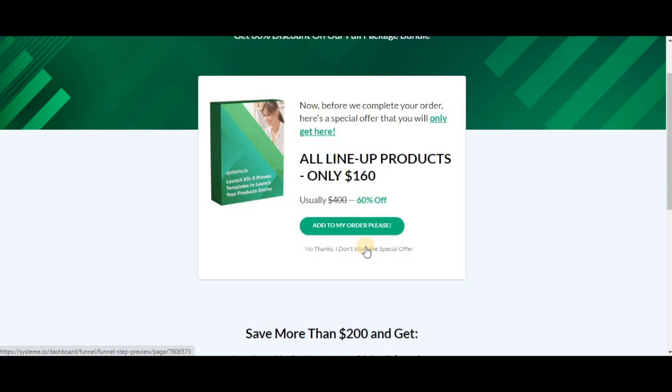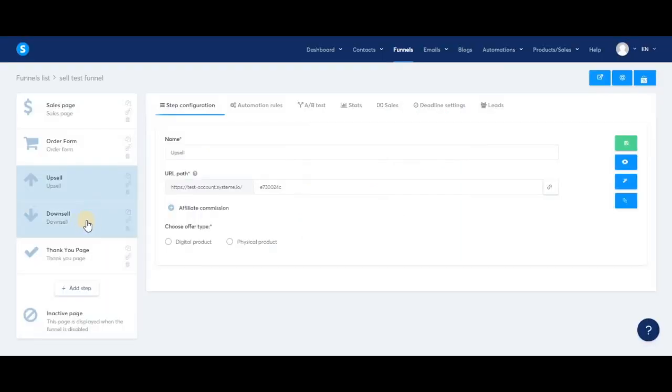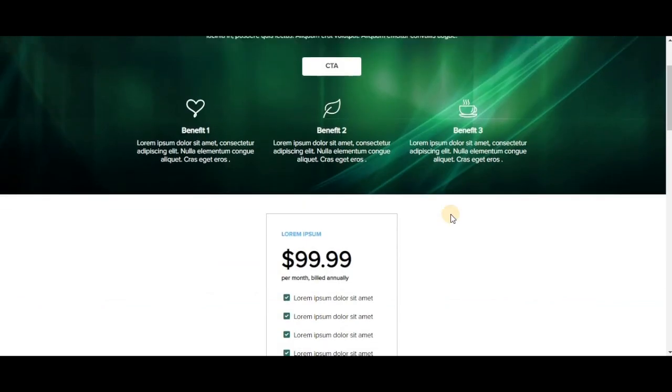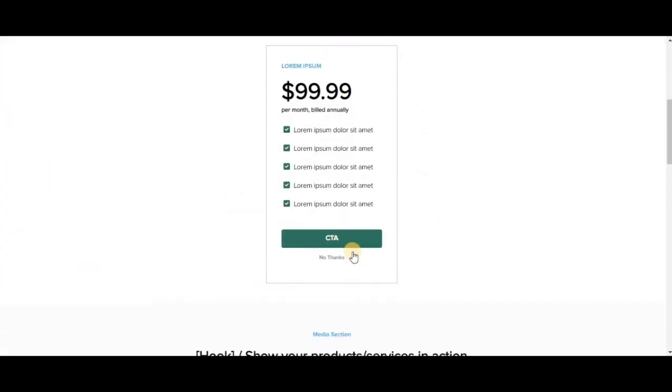But if they decline the offer, they will be redirected to our next step in the funnel, which is the downsell page. The downsell is pretty much the same thing as the upsell page in the sense that the link by itself won't work and there are no forms in it. The difference here lies in your sales strategy. Usually, downsells offer a lower price product that might get customers who are on the fence about buying to take